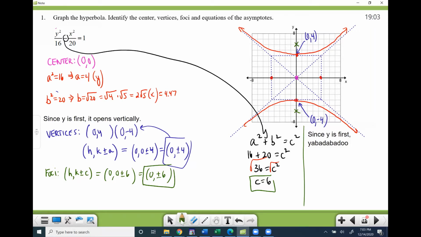The key part being this part though, right? Y first means A over B, okay? So we're gonna put the A over the B. So it's going to be, what was A again? 4. And then B was 2 root 5. And then they'll probably want you to, you know, reduce the 4 over 2. So if we reduce the 4 over 2,